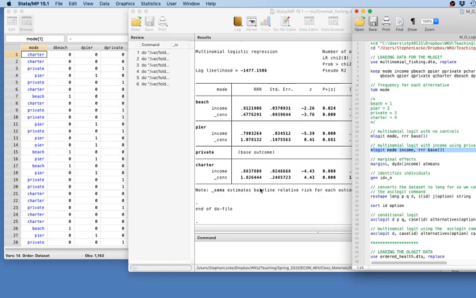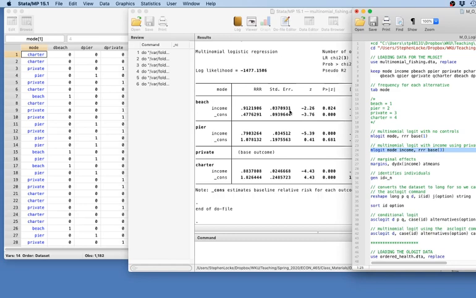So anytime you have a relative risk, so when you use the RRR option, and you get coefficients less than 1, it means an increase in that independent variable means you're less likely to choose beach over private. So if we increase an individual's income, the relative risk of choosing beach over private is 0.91,